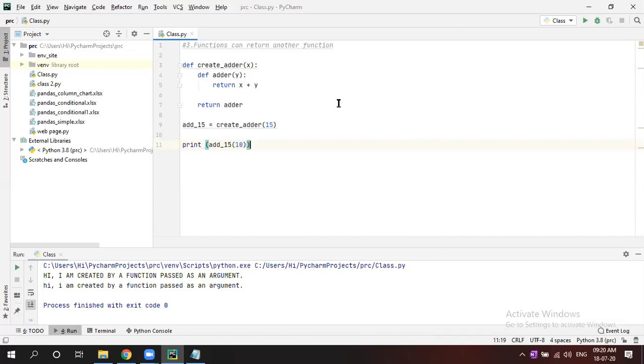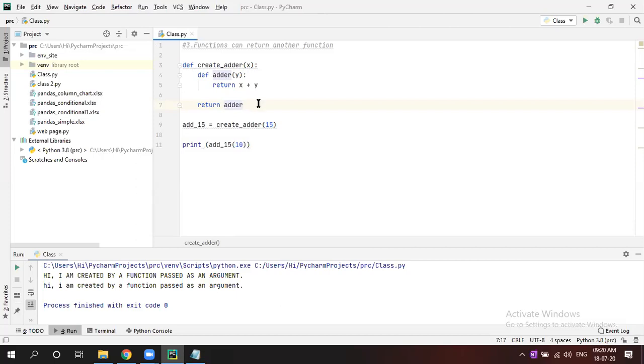So let's say there is a function create adder x. Inside, one more function is there, it is passing y. Now return x plus y. This return is for the inner function. For the outer function, this is the return. What is it returning? Adder, which is nothing but your inner function name, right?